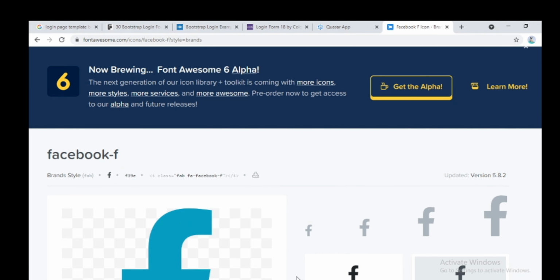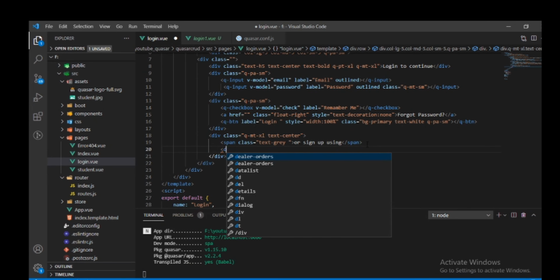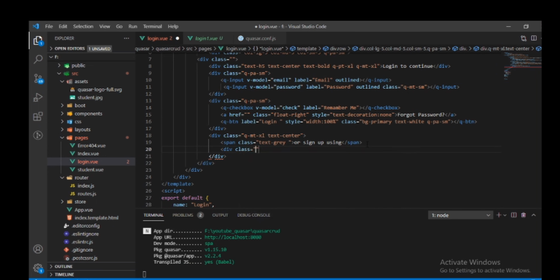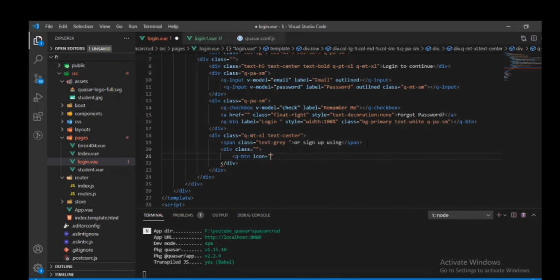Okay, for that we will take one div with class, and then in this a q-btn with icon equal to fab fa-facebook-f, and then size equal to sm.